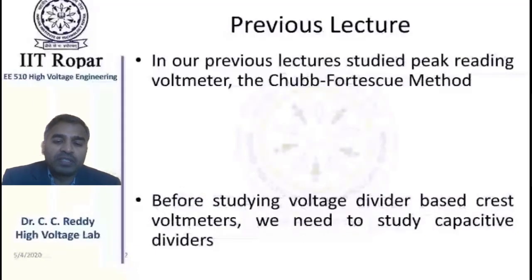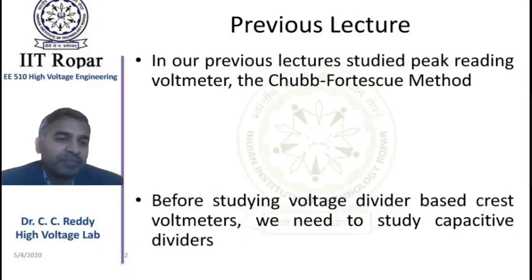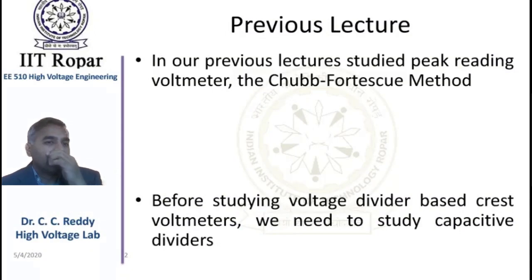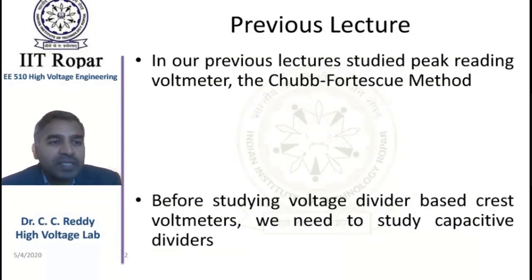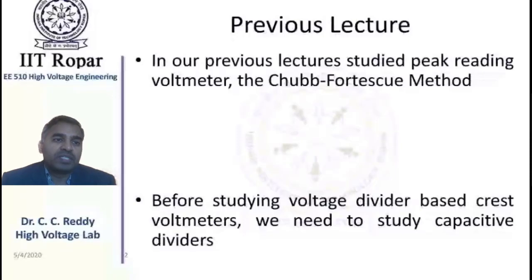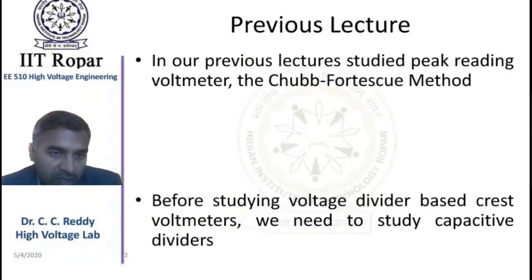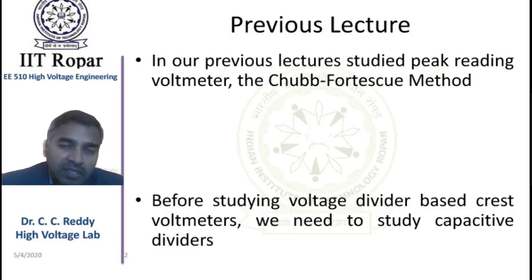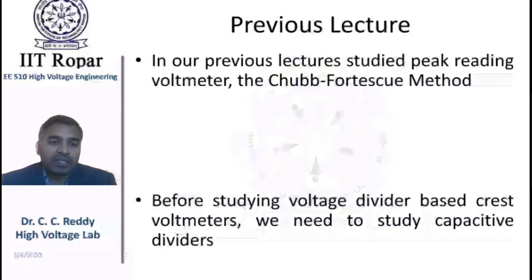In the previous lecture, we studied the peak reading voltmeter, the Chub and Fortescue method. Now we have to study the voltage divider based peak reading voltmeter or crest meter, but that uses a capacitive divider. So, before studying that, let us finish the capacitive divider and capacitance in series with ammeter,